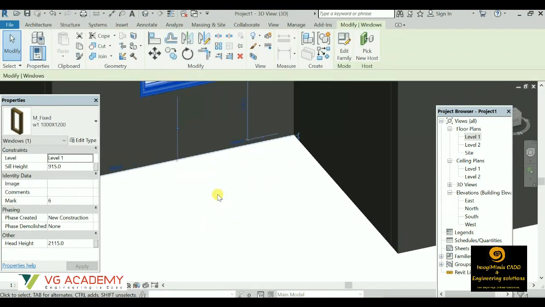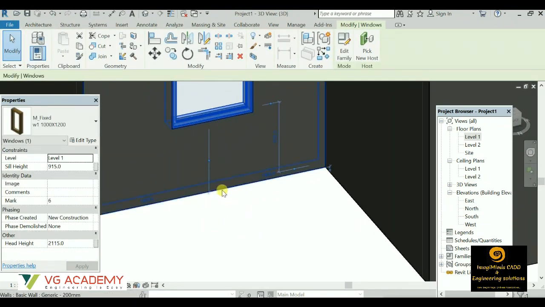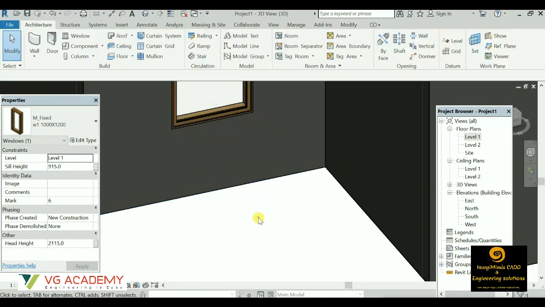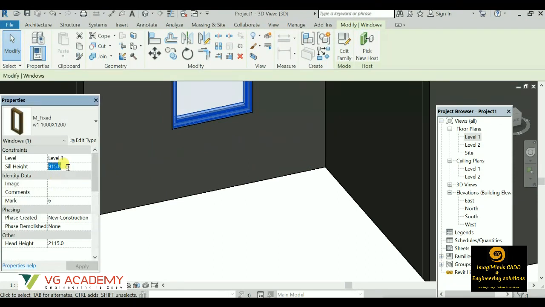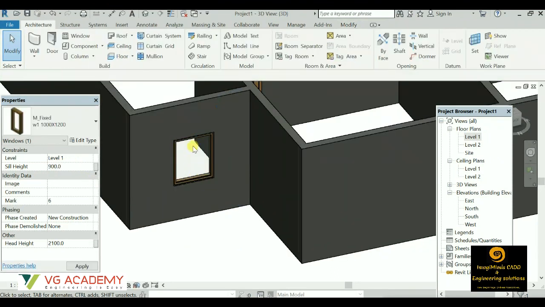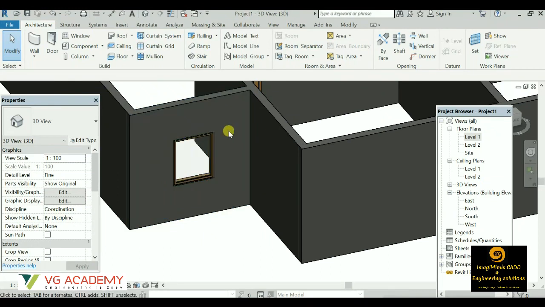So guys, what is the sill height? The distance from the plinth level to the window sill, like below the window sill. So this distance we have to mention over here. So let us say we'll give this as 900 mm. So up to the lintel level, that will be 2100.